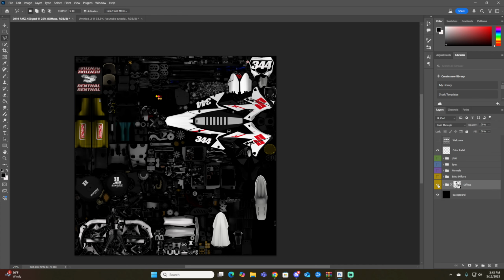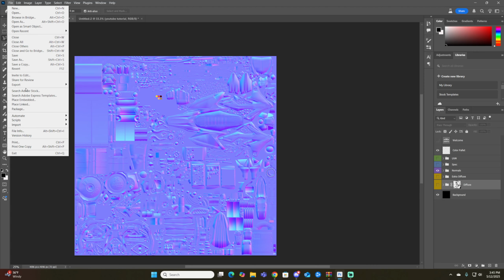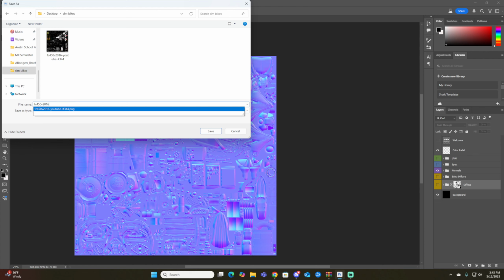And now we're going to unhighlight these. You're going to highlight your normals. You're going to go File, Export, PNG. We're in the same file here, sim bikes. We're going to do the same thing. Version 2016,